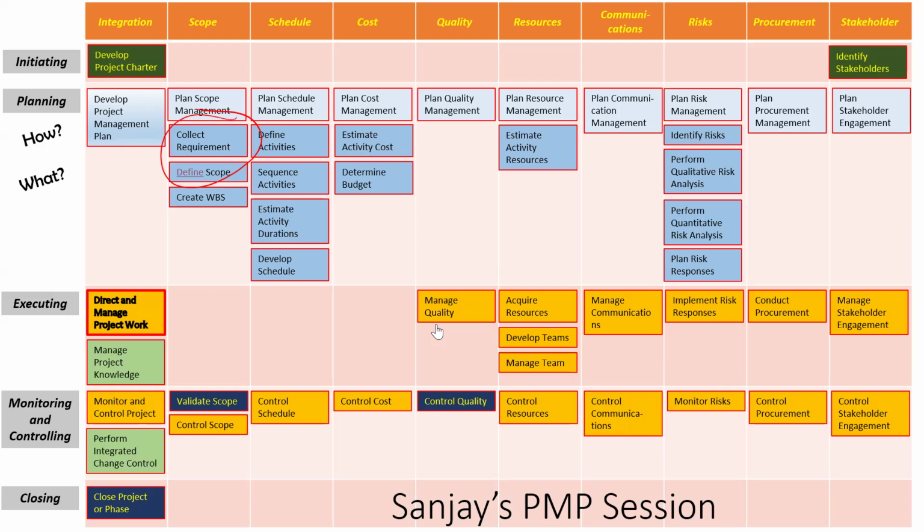Is that correct? While here it is very clearly develop project charter is the very first process in initiation. This you are doing later. Now where is the connection? The most important thing, try to understand, friends: whenever there is a commercial project, you should look at it as a series of two projects. It is not one project. One is called the pre-sale project and one is called the delivery project.